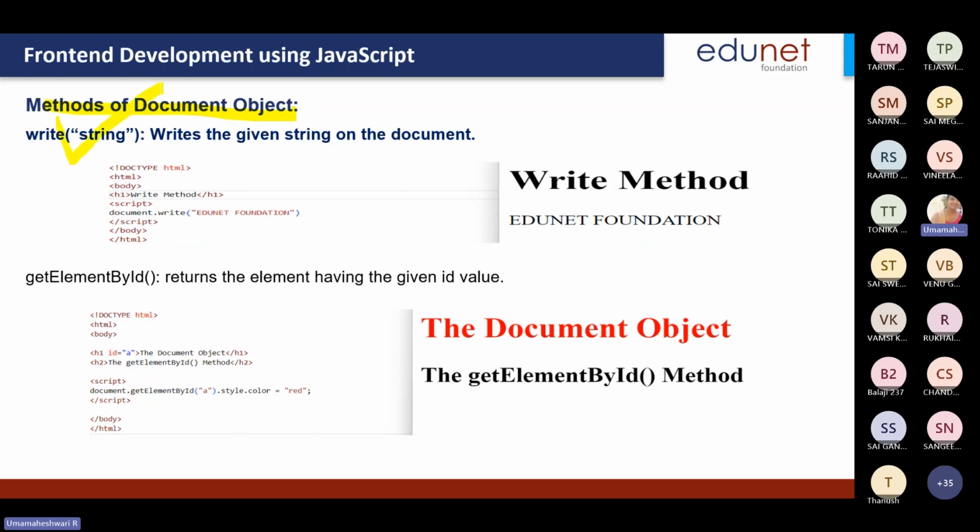First, we can see write. To write, document.write Edunet Foundation. It will print the output like this. And getElementById means the element with that ID will be fetched. Example: